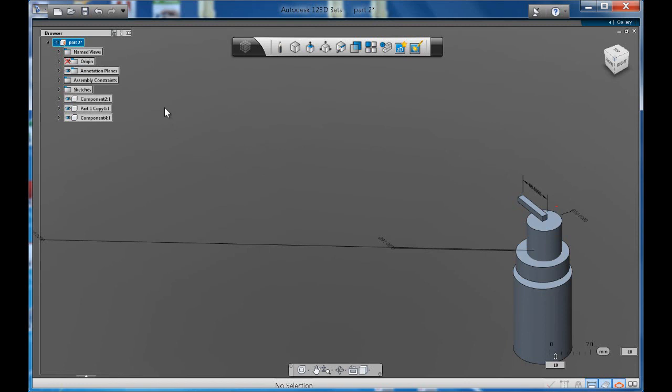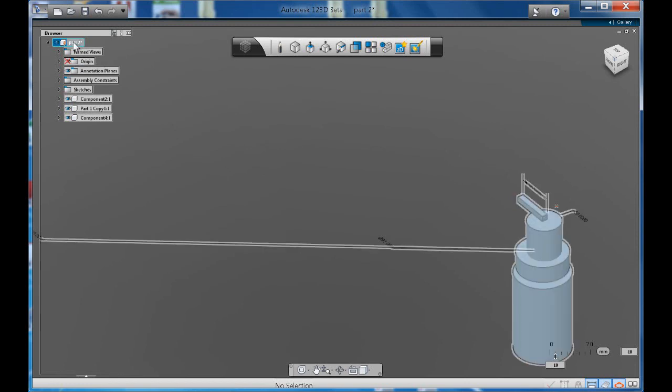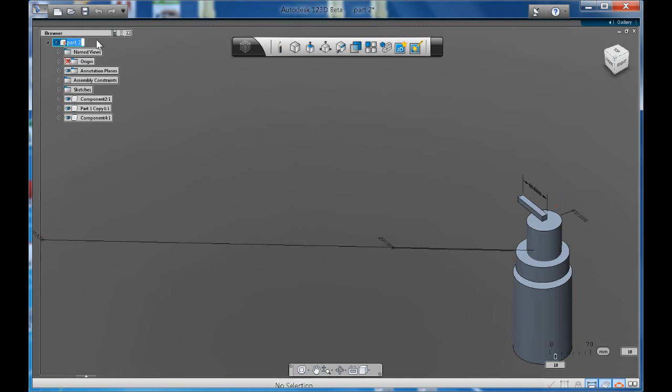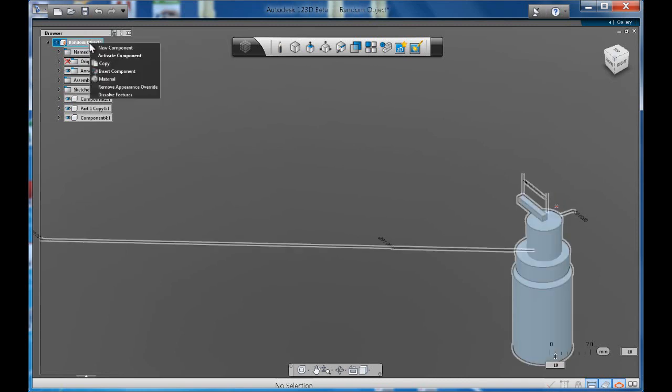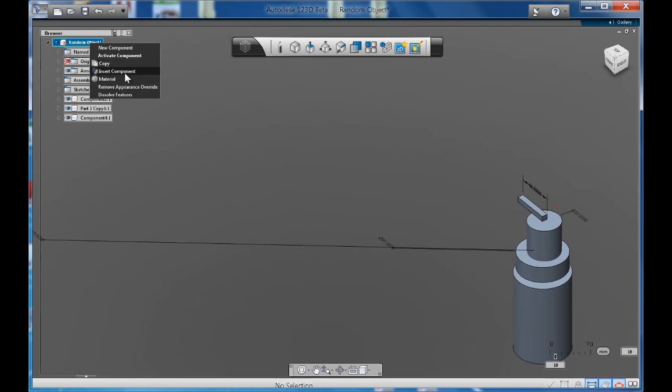To insert parts, you go to your main browser or your first file name. You can double click where it says part 2 and name it. So I'll call this random object. Enter. Then you can right click on that, and then you can see there's an option that says insert part or component, and when you click on that,